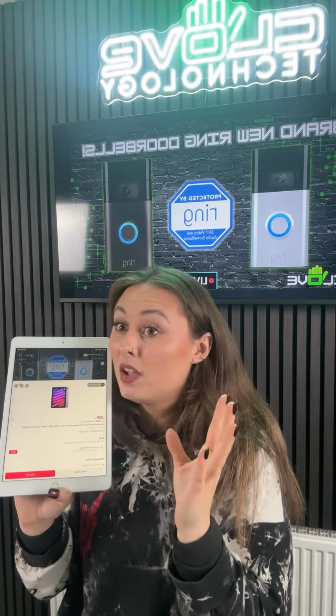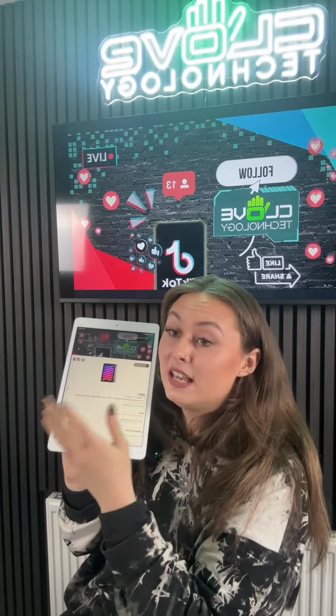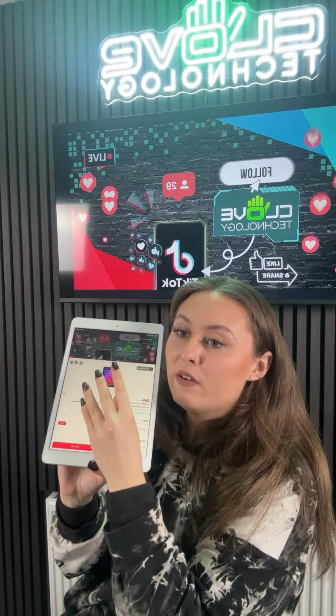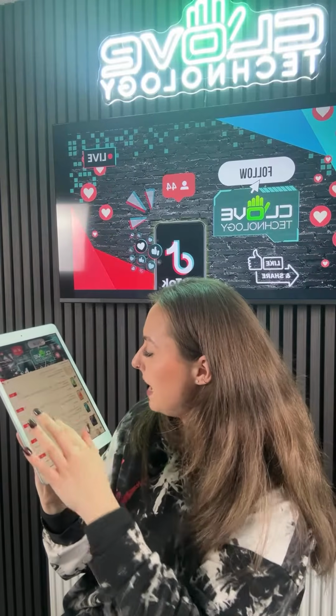Even if you've got tattoo artists in your family and you're thinking, what can I get them for Christmas? What would they actually like? Get them to do some digital art. Literally, get them an iPad. They can get the Apple pen and whatever, and they can do all the stuff on here as well. So a lovely lilac color, and we've also got a beautiful, stunning pink one as well, which I will pin down below. This one here,